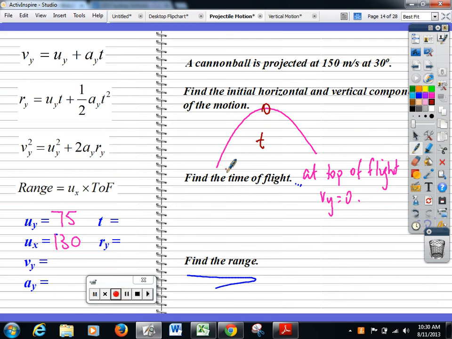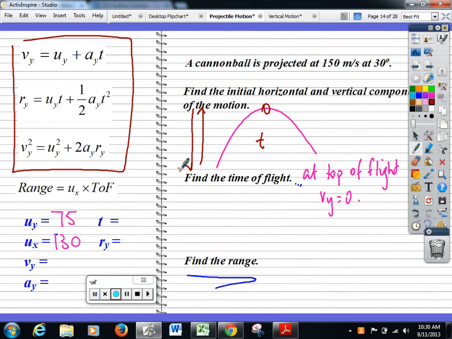Remember, all we are now doing with all of these equations is pretending the ball is not going sideways. It's just going up and down. Are you clear on that? We know it's going sideways, but we're looking only at the time it takes to go up and the time it comes back down. So now we can do this. At the top of the flight, Vy is 0. We know what the gravitational field is, negative 9.8. The time is what we're finding, and we don't know that. So I want to find the time when all these conditions are met.